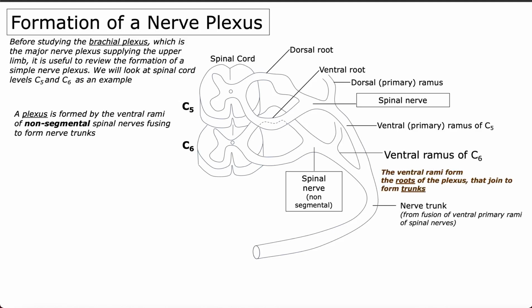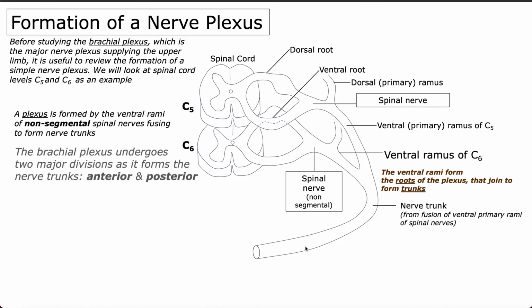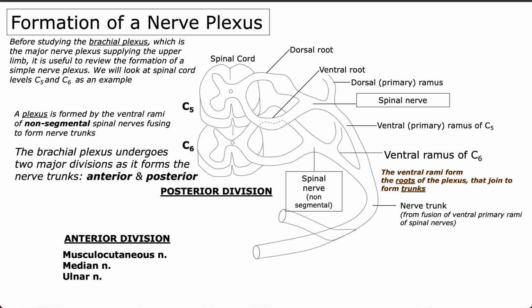Now we don't use the term spinal nerve here, because when the ventral rami of two spinal nerves join, they give us a nerve trunk. And this nerve trunk further divides into anterior and posterior. Let's give it a color so that it will be helpful for our better understanding. I'll be using yellow for my anterior division, so let's make it yellow. And my posterior divisions, we will call